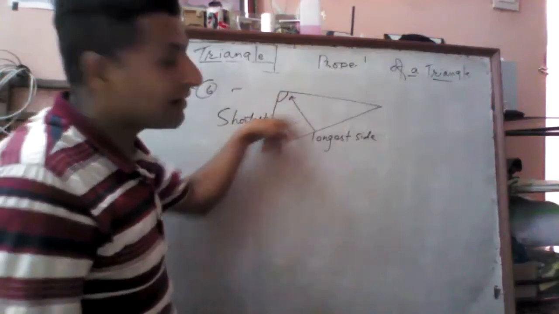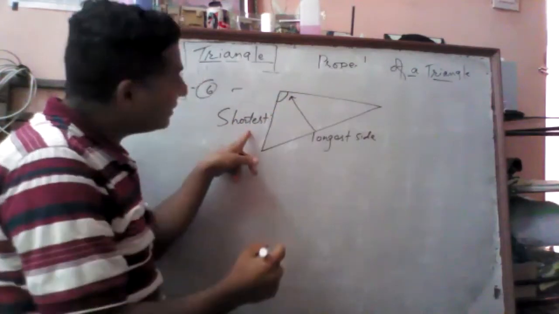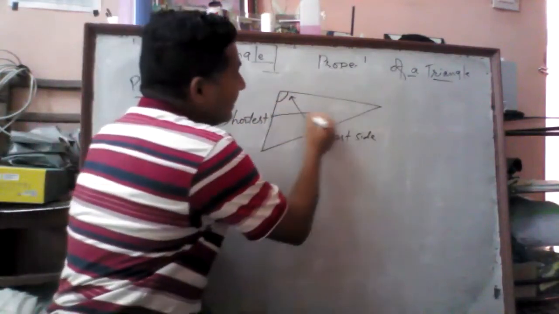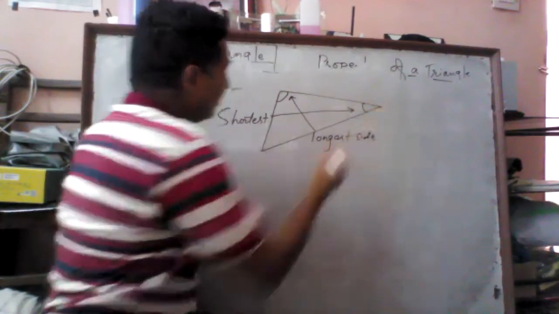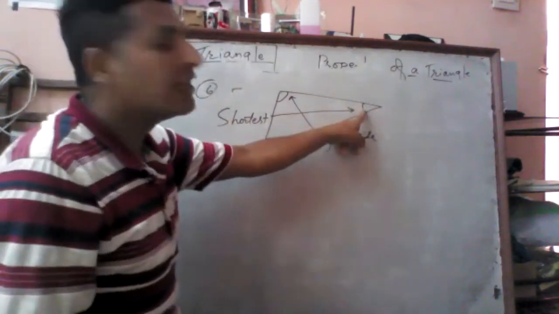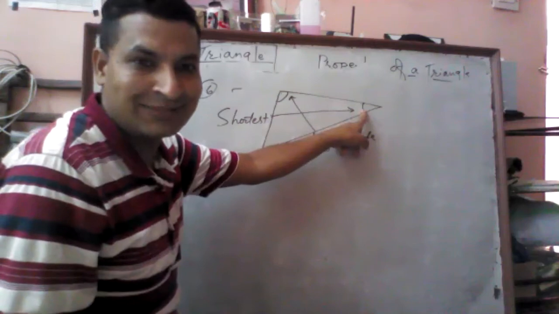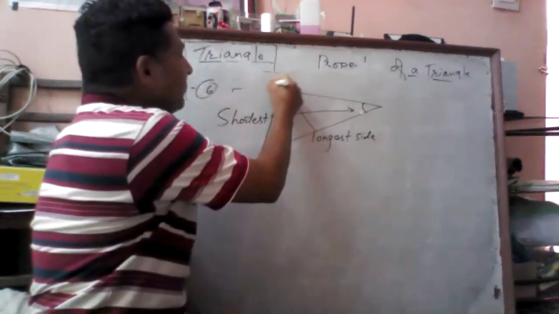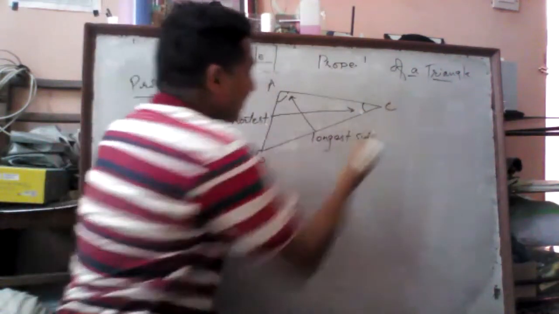This is the greatest angle in this triangle. And if this is the shortest side, then the angle opposite to the shortest side is smallest in size. Now, if the name of this angle is this, okay,